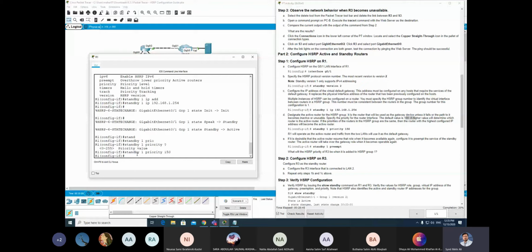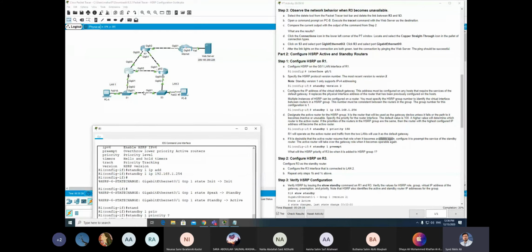Then, if it is desirable, the active router resumes the role. It's up to you whether the active router resumes the role when it becomes available again. Configure it to preempt the service of the standby router. The active router will take over the gateway role when it becomes operable again. See, suppose the link is down. Normally the traffic will always go through router 1, because this is our active router.